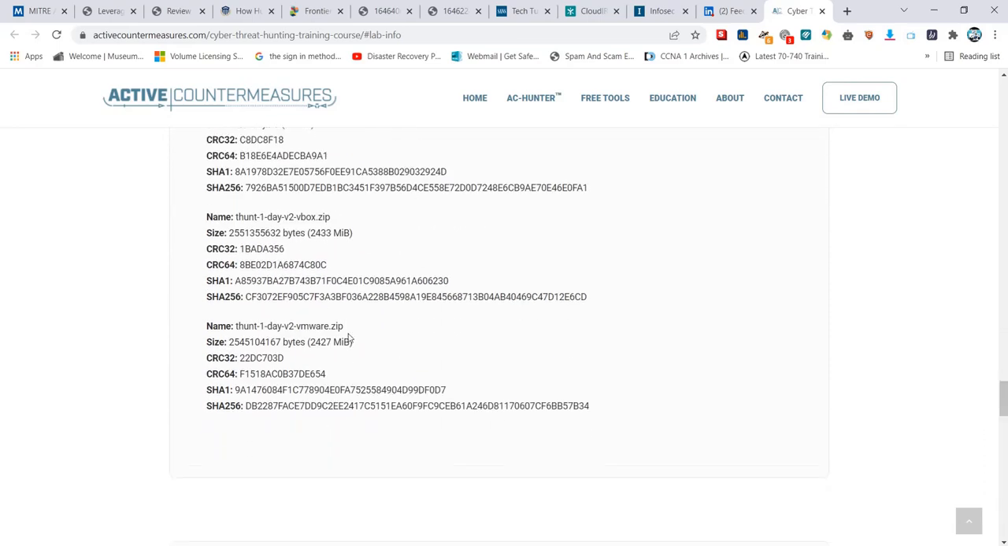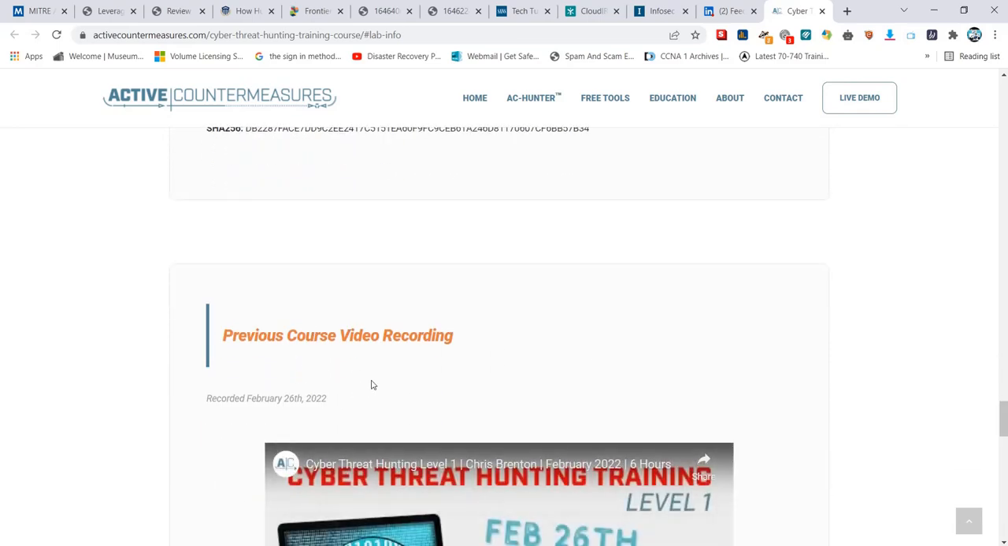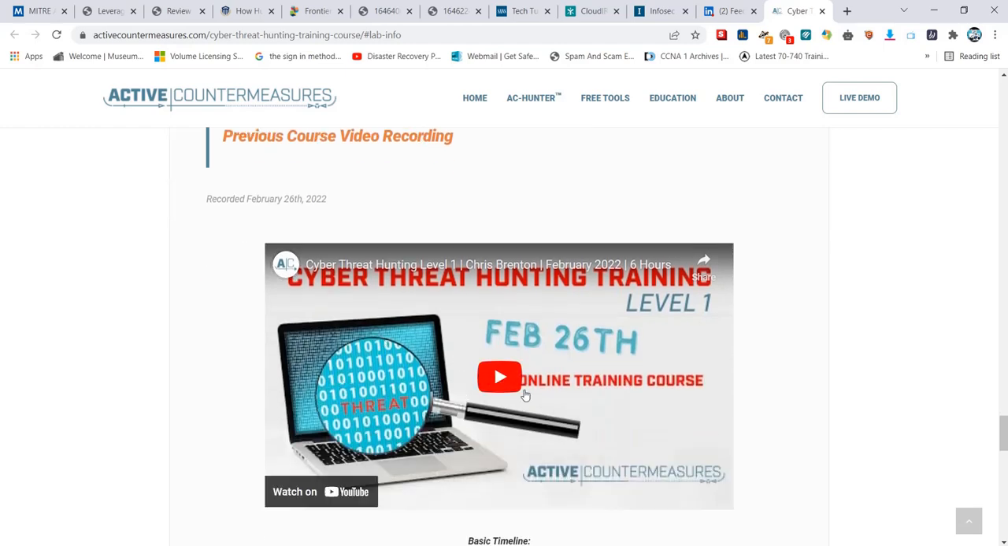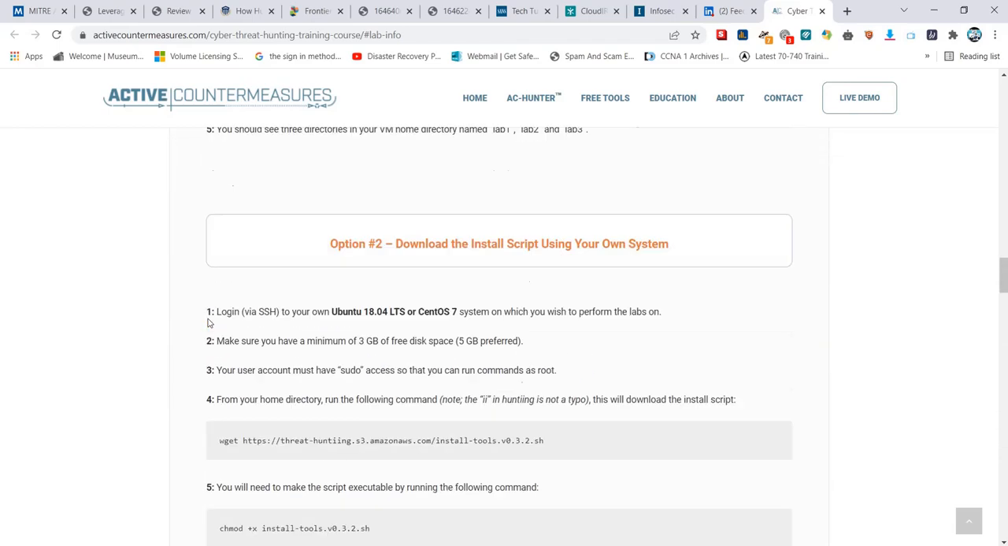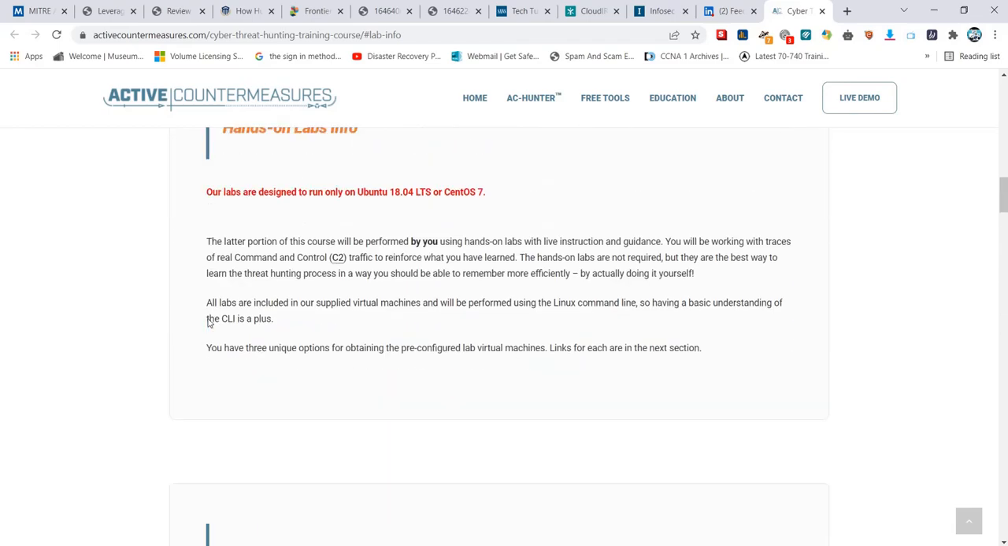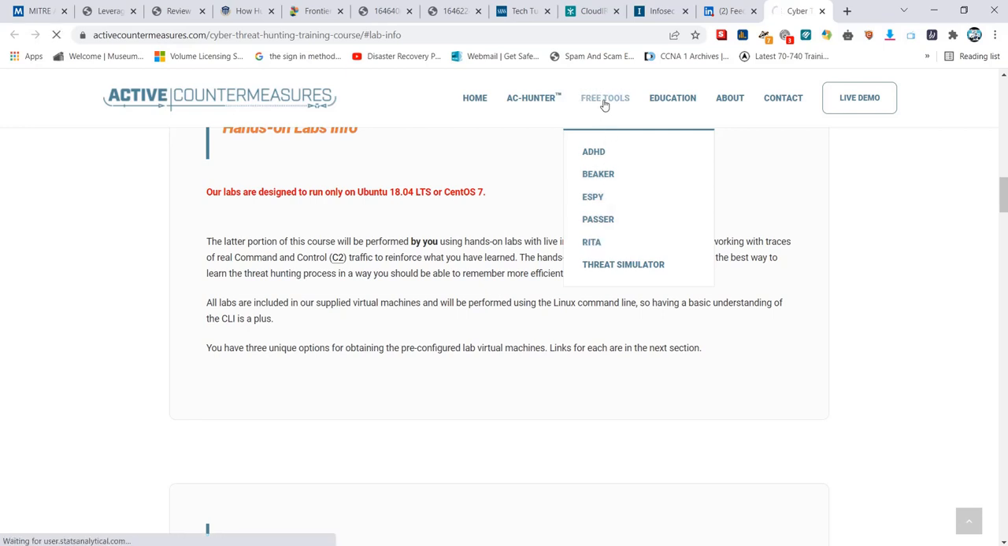Lab details, all the lab notes, all the necessary recordings are also there that go into detail for this threat hunting session that has been done. Very great environment. Now one of the things also, in addition to that, is the number of free tools for threat hunting that you can use. So from here, if you click on free tools,